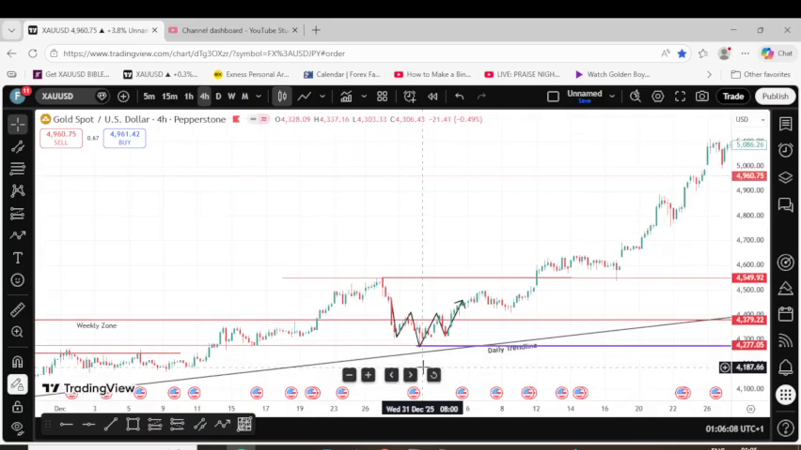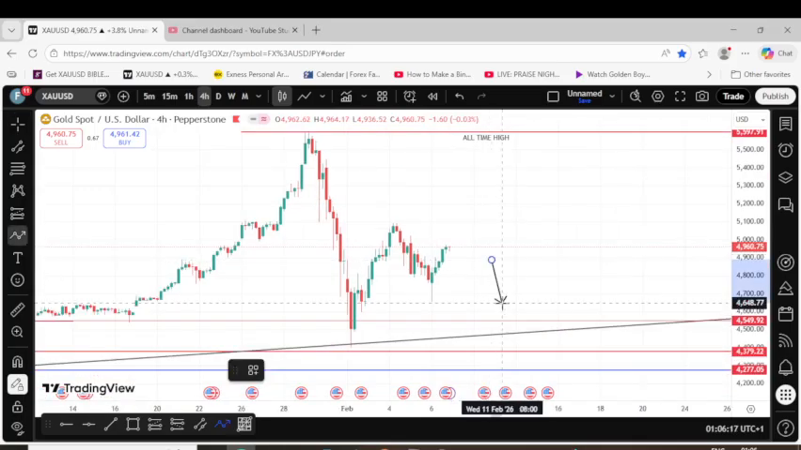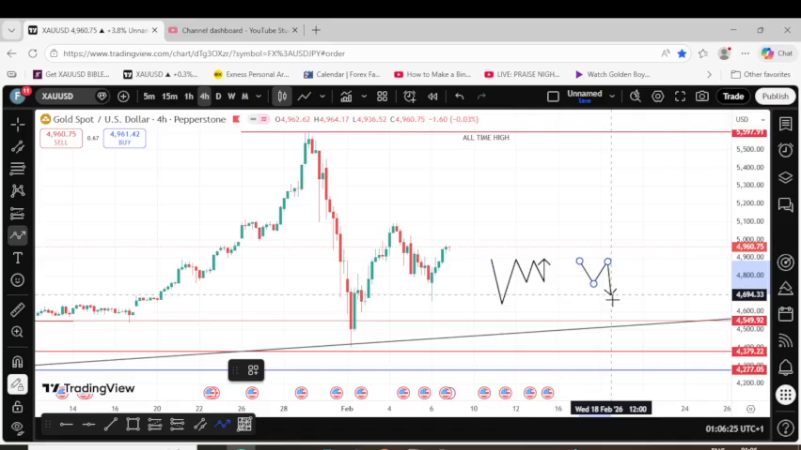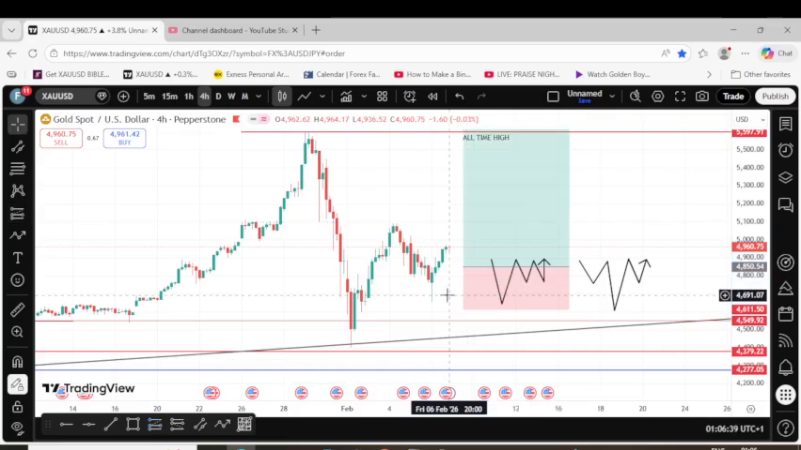So that means that the evidence that we're seeking out is for price to either form a W pattern like this or form a head and shoulders pattern. If price can form a W pattern or a head and shoulders pattern, then we'll be going long on this pair. But until we see that,